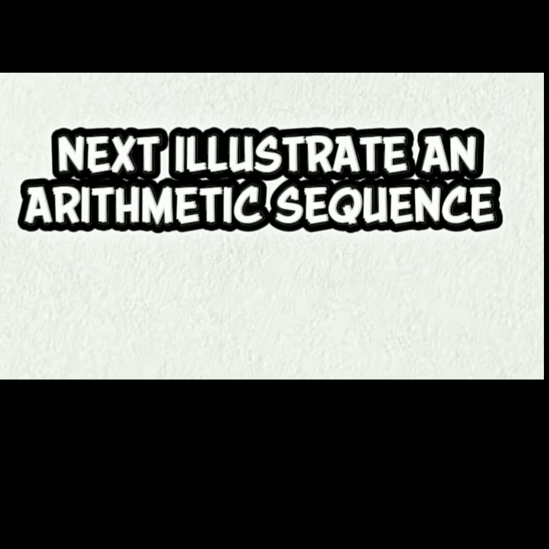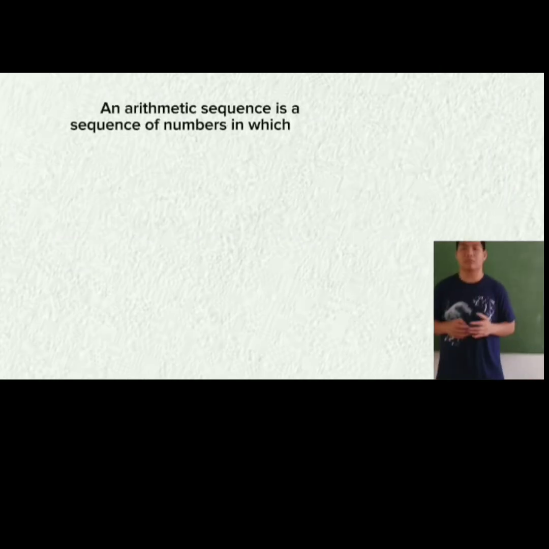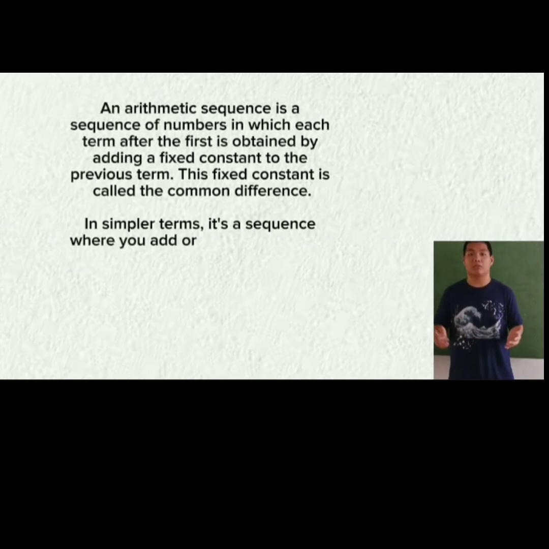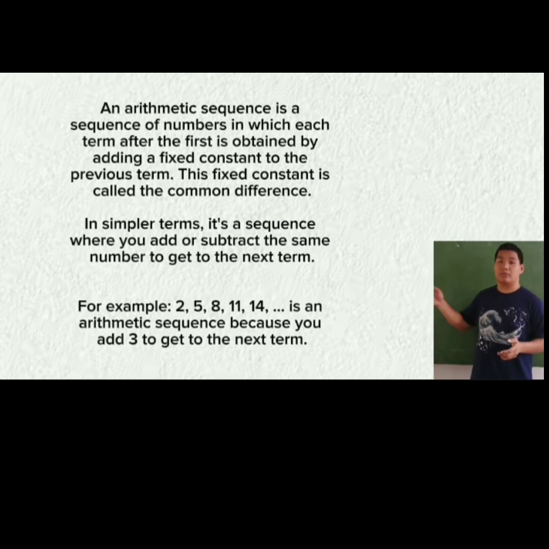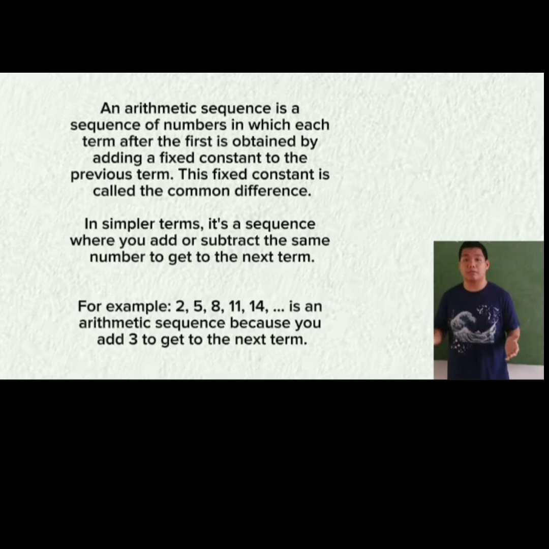An arithmetic sequence is a sequence of numbers in which each term after the first is obtained by adding a fixed constant number to the previous term. This fixed constant is called the common difference. In simpler terms, it's a sequence where you add or subtract the same number to get the next term. For example, 2, 5, 8, 11, 14, and so on is an arithmetic sequence because you add 3 to get